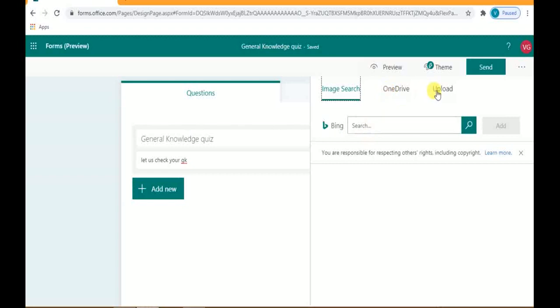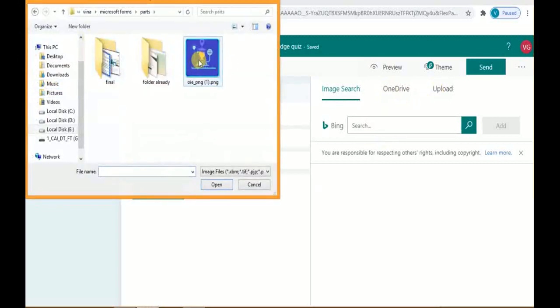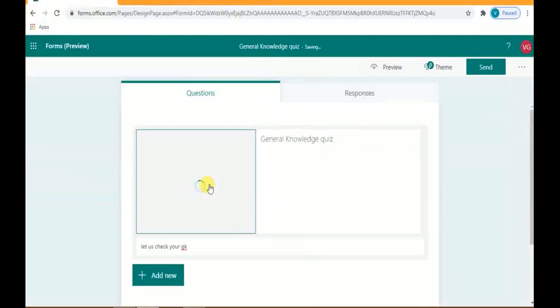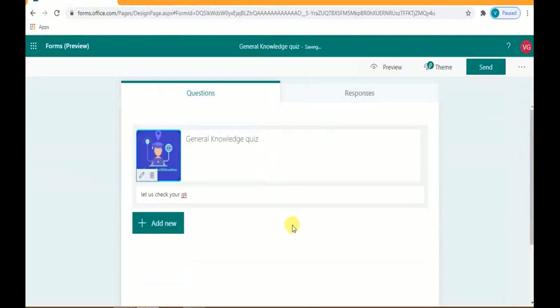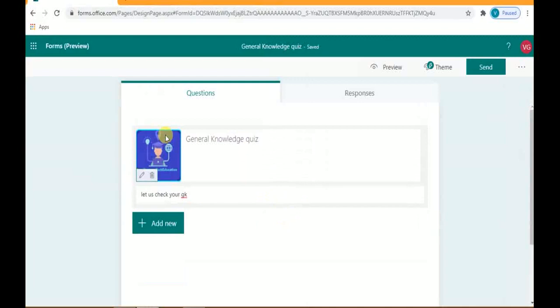So I will upload from my machine. For example, suppose this is the logo. So it will add here the logo or some theme of the quiz. You can edit or delete it also here.